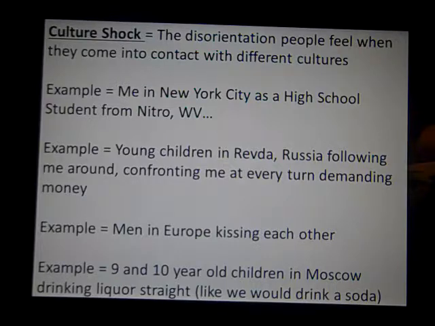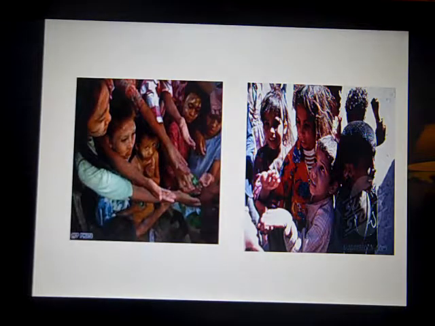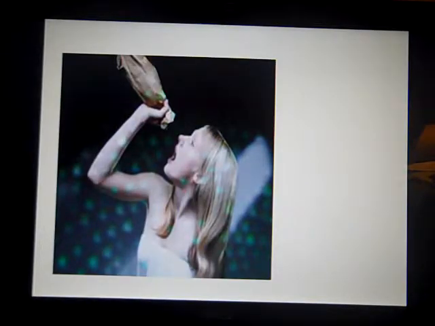In Europe, when we traveled overseas, it was very common to see grown men kissing each other as a greeting. If I saw a male friend of mine, I would shake his hand or maybe do the fist pump thing. Probably wouldn't kiss him on the lips. We would look at that within our culture as being something very specific. In parts of Europe, it's not seen as strange at all. So again, it just depends on where you're at and how you're raised and what culture you're a part of in terms of what you think is normal or not normal.